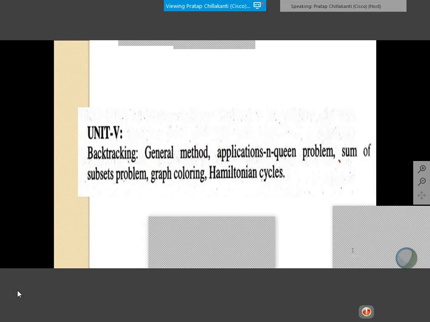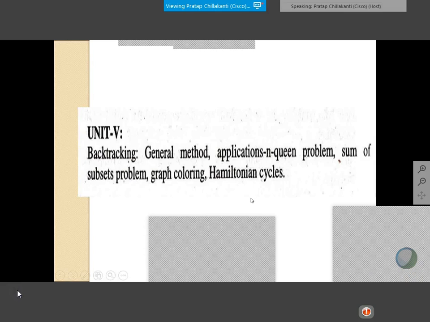Okay, so we are in the home stretch now. Over the next couple of weeks, we'll spend about a week on Unit 5, another week on Unit 6, and then whatever remaining classes are there, there could be a little bit of spillover into the next 2 weeks, and then we'll do the review of all the modules for your final exam. So that is the plan of action. Okay, without wasting any time,